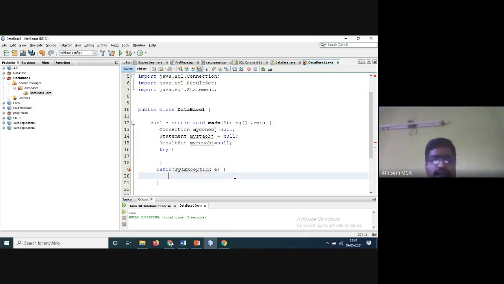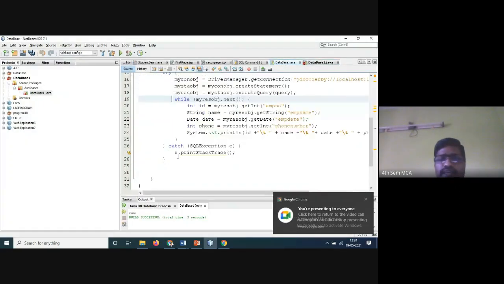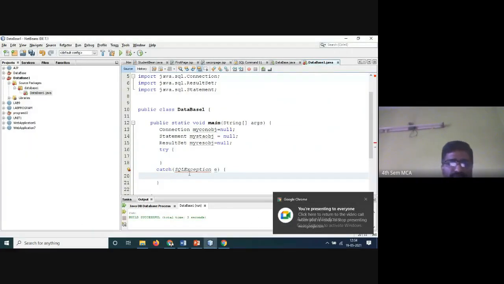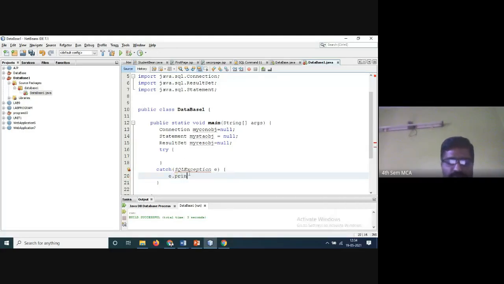Enter it here and write the code here. So e.printStackTrace. If you have any errors, you'll be getting them as they are. e.printStackTrace, S capital, semicolon.